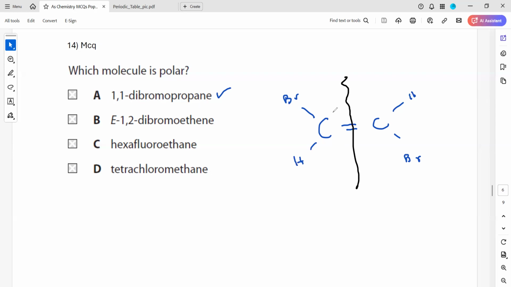The left-hand side carbon is the same as the right. The structures are approximately the same, so there's a symmetry in the structure. When we break the molecule and we find a symmetry in the structure, this molecule is likely to be non-polar. When we say it's non-polar, it means it is not affected by an electric field. So because there's a symmetry, it's likely to be non-polar. What about